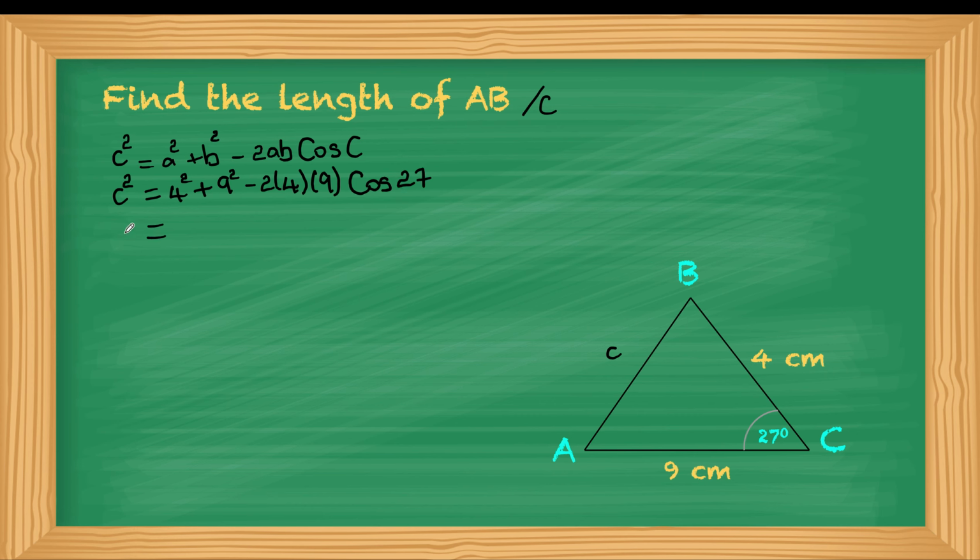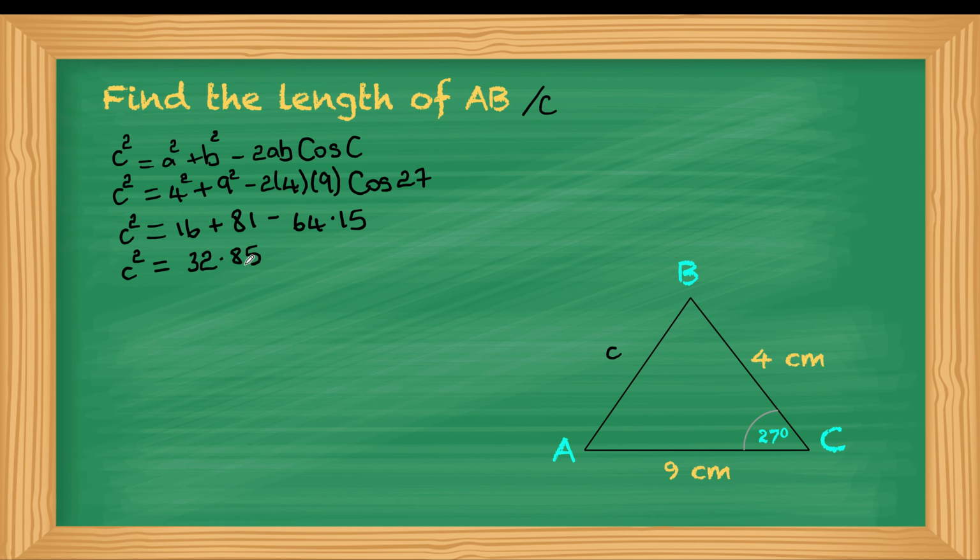Now, we're going to simplify this, and 4 times 4 will give me 16. 9 times 9 will give me 81. And if I'm to solve all of this, multiply all of this, I will end up with 64.15. Now I'm going again. So I'll have C squared is equal to, if I'm to add this, subtract this from it, I will end up with